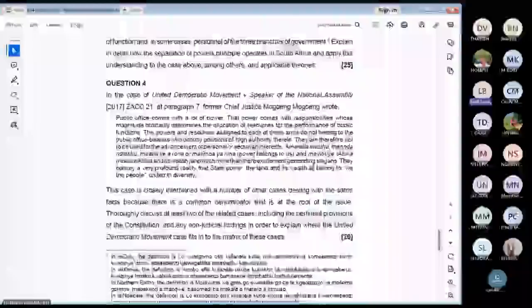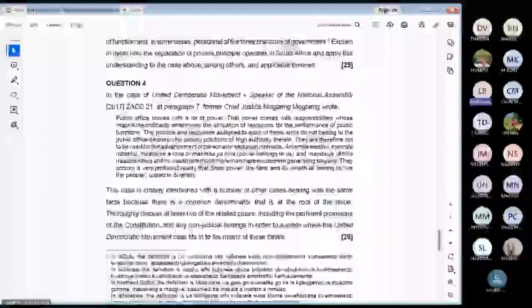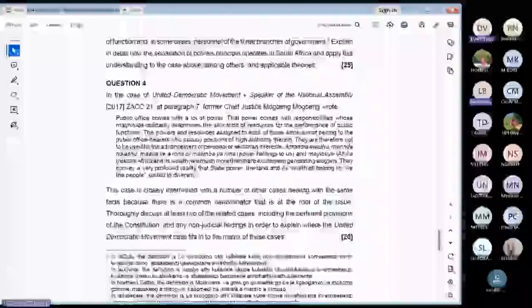And we can use the facts of the case of Mazibuko and, yeah, Sisulu, to show the intertwinedness of the 2 cases. I am struggling to find other cases,